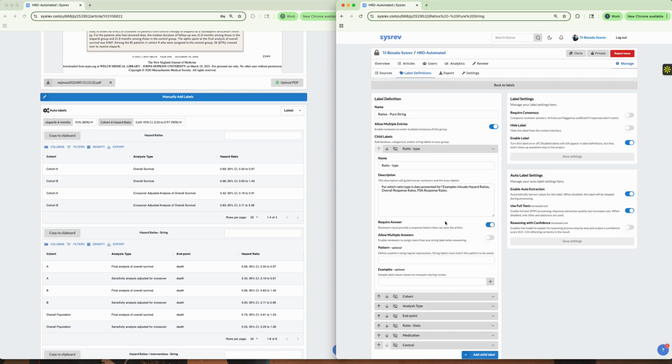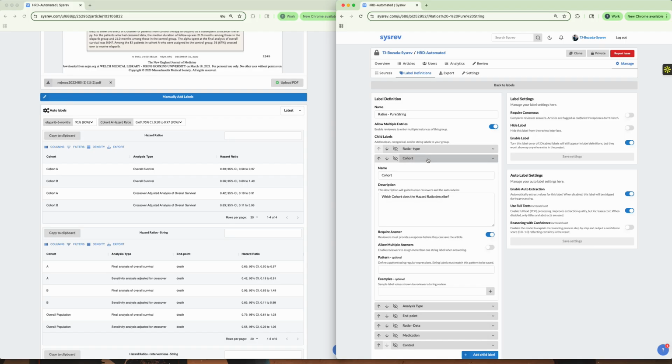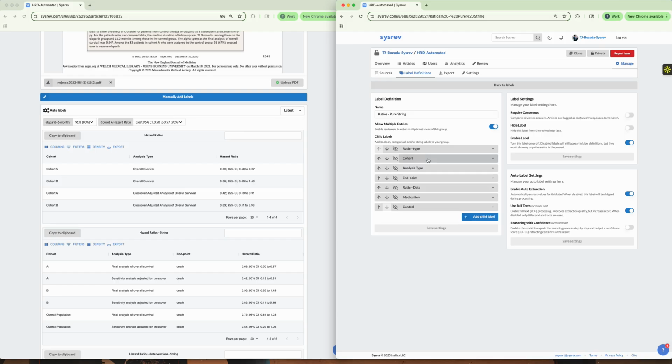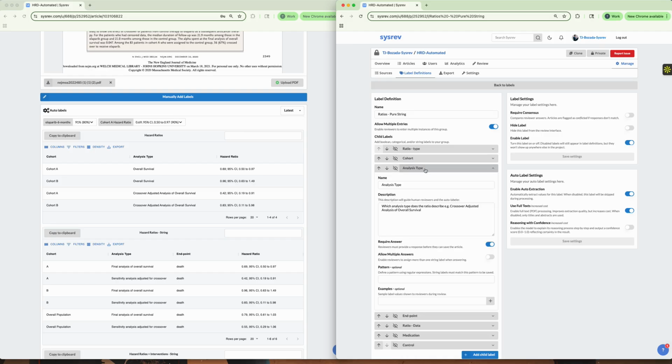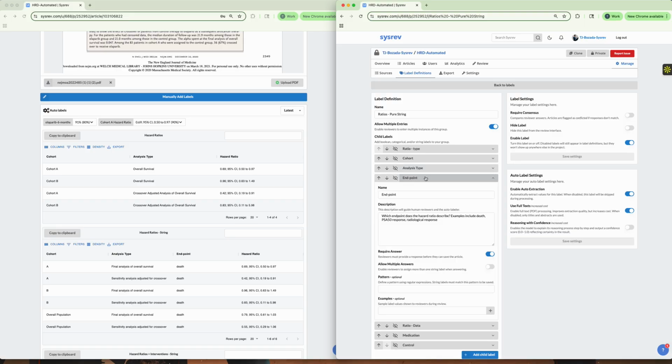For which ratio is data presented? Examples include hazard ratios, overall response rates, and PSA response rates. Again, by giving it some examples, you help the LLM contextualize and consider all of the information that it's looking at and potentially pull out more of the information that you're actually interested in. Cohort we've seen. Which cohort does the hazard ratio describe? Analysis type. What analysis type does the ratio describe? The endpoint. Examples include death, PSA 50 response, radiological response, so whether or not you can actually see a difference